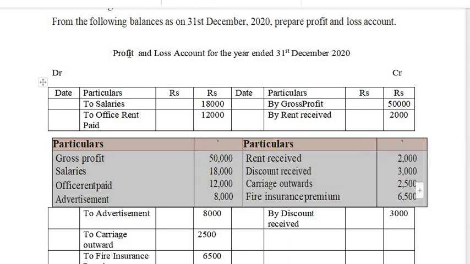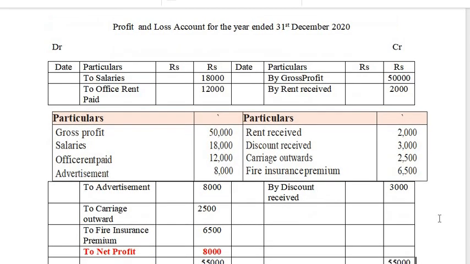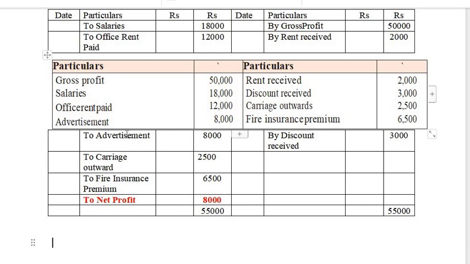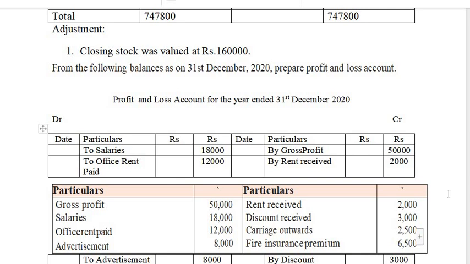The heading we have to write is profit and loss account for the year ended 31st December 2020. For this purpose only they have given these details. So I will prepare the account. While preparing the profit and loss account, it is also an account, so you have to have debit and credit. So the first information what you have to do, you have to